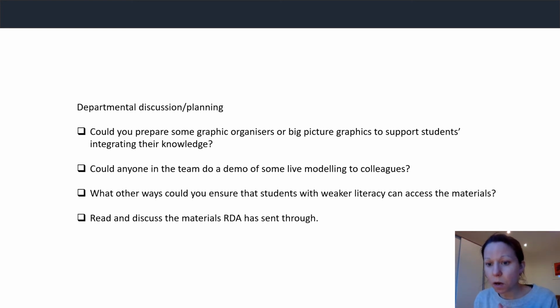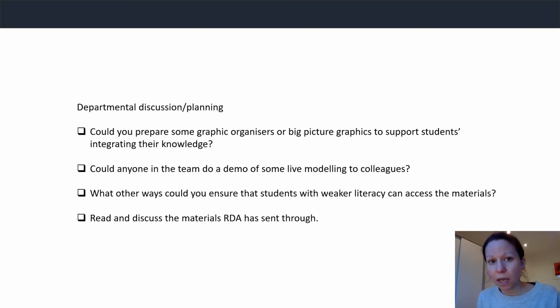You might want to think about other ways, in addition to the ones mentioned today, that you can ensure students that do have those weaker literacy levels can still access the materials, because we are relying so much on them reading the instructions and opening up the text document and so on, just making sure they're accessible. And Rachel has previously provided some materials about the different needs of the children, and this might be a good opportunity to go back and reflect on some of those as well. So having a look at some of the materials that Rachel has previously sent through, and thinking about how we might adapt them if necessary to the remote